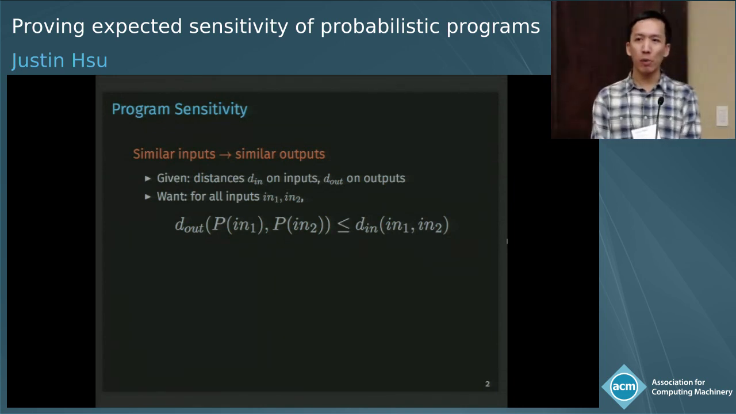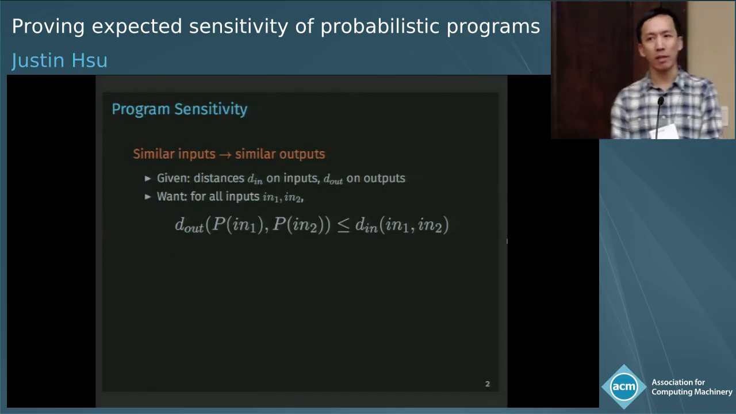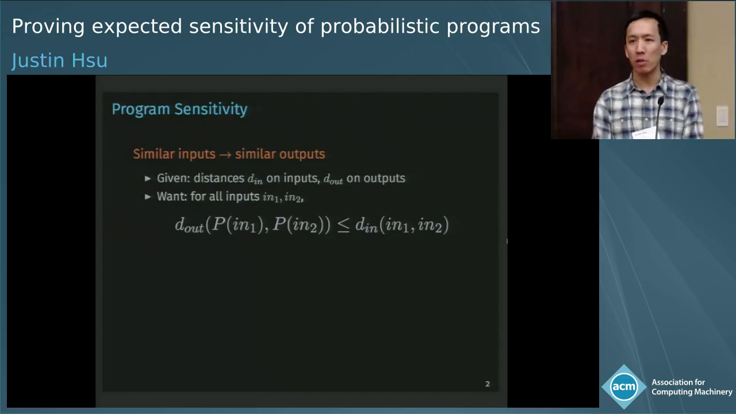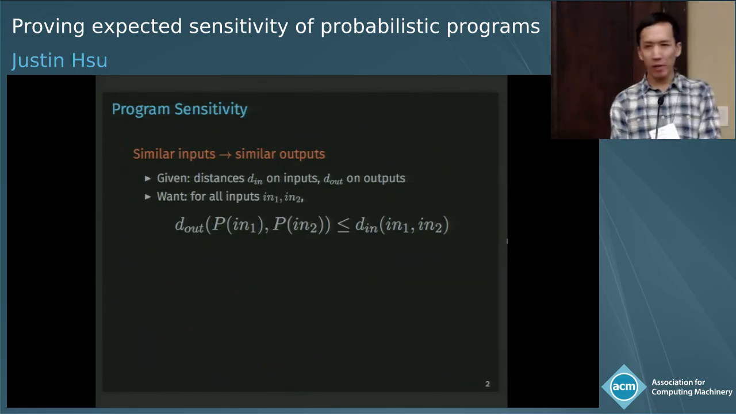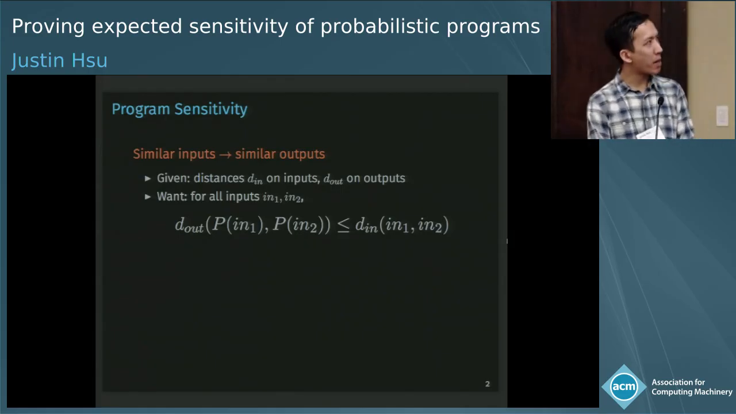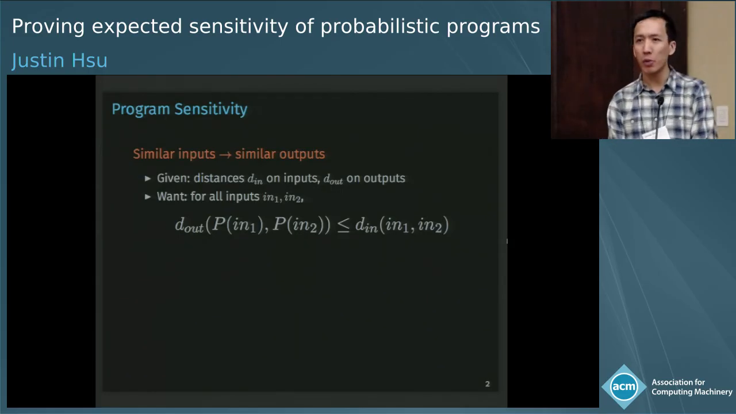So if you're designing some program, maybe you want to make sure that it's not too sensitive to small changes in the input, because maybe there's a bit of error in the input or something like this. You don't want small changes in the input to lead to huge changes in the output. So in verification, this is often called robustness or continuity, and in mathematics, people often call it, say, Lipschitz continuity